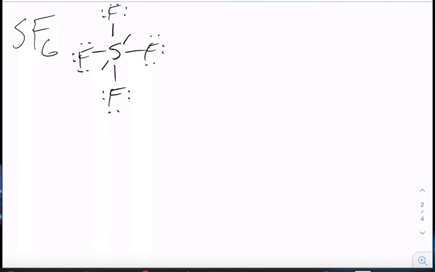And I still have 2 more fluorines to go. And so all of those fluorines have a single bond. They all have 3 lone pairs, although I kind of jammed that last one in there, unfortunately, a little bit. But they are all kind of the same in terms of how they look. Now, to answer our same line of questioning that we've been going through, I want to figure out